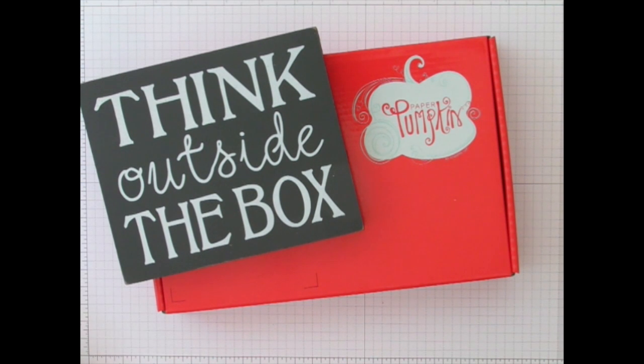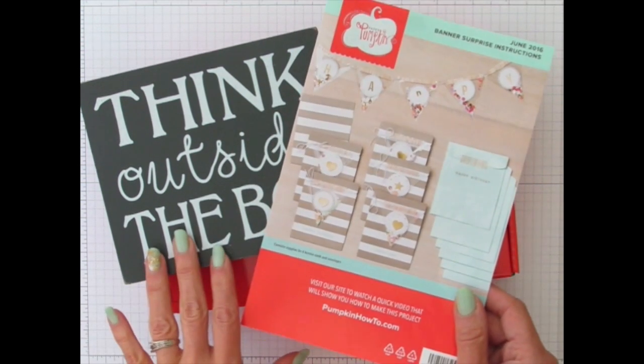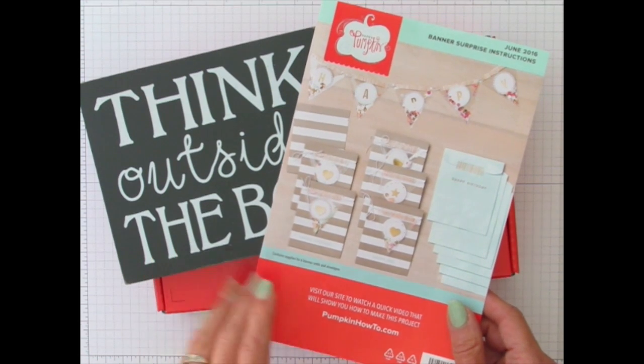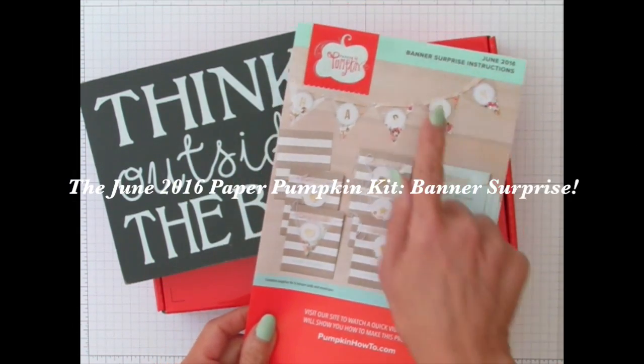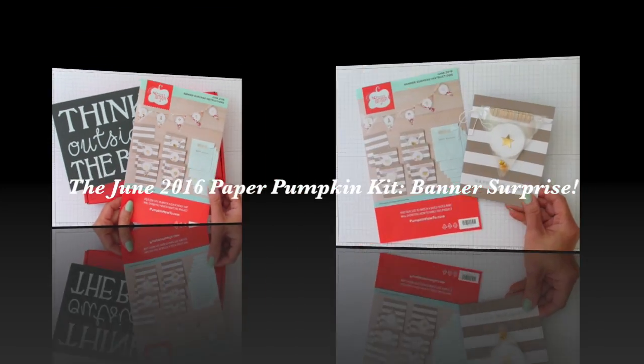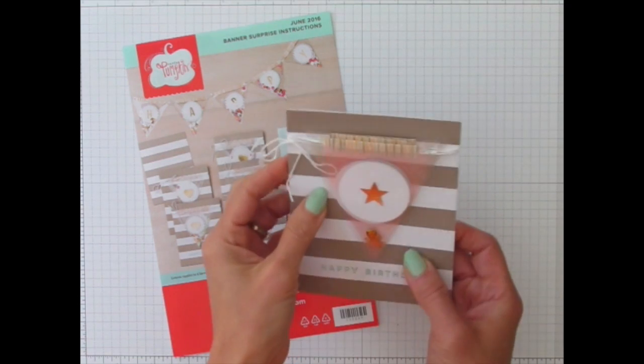This is Rachel Tessman from StampYourArtOut.com, and this month in my Think Outside the Box video, I've come up with some fun alternate project ideas using the contents of the June 2016 Paper Pumpkin Kit from Stampin' Up, titled Banner Surprise. As you can see on the cover of the directions, you get the supplies for making these 6 fun